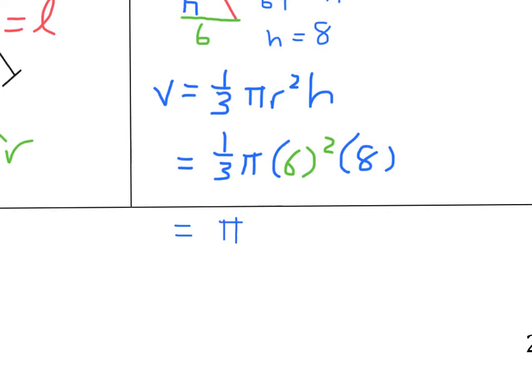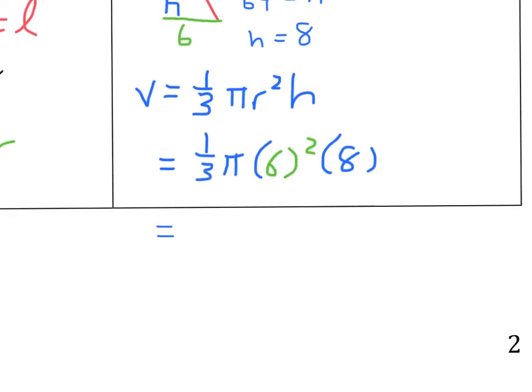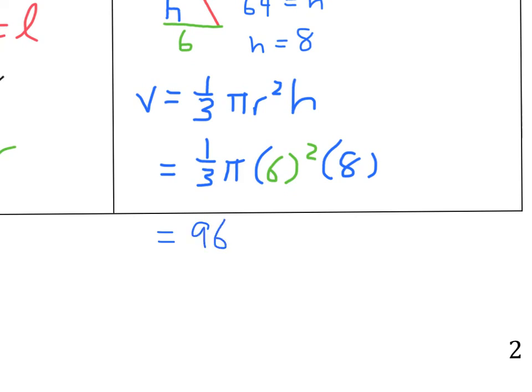Just multiply all that out to get 36 times 8 divided by 3. 96 pi, and that is approximately 301.6 cubic